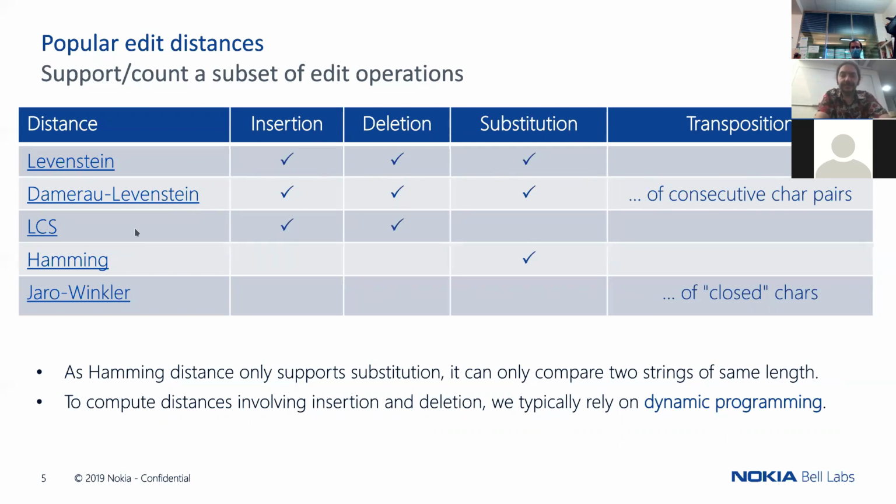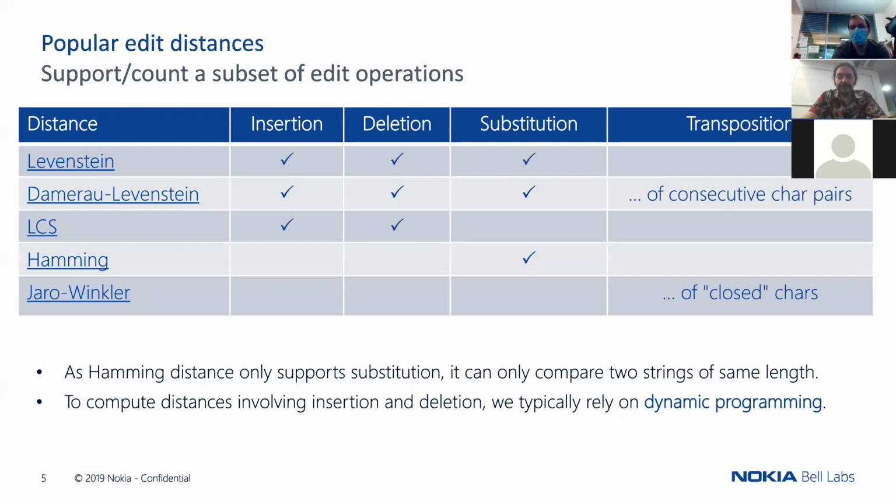You have the LCS, longest common subsequence distance, which only considers insertion and deletion. To explain all this framework, I will use the LCS because this is the simplest one. You have the Hamming distance that you might probably already know, which only considers substitution. But you have also other distances, for example, Jaro and Jaro-Winkler. I will just briefly cover Jaro-Winkler, but it will be very quick. If you want more detail, I invite you to see Wikipedia. It's not so complicated, but it's not the most interesting one, in my opinion.